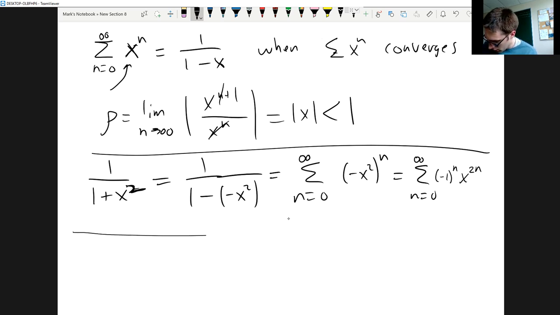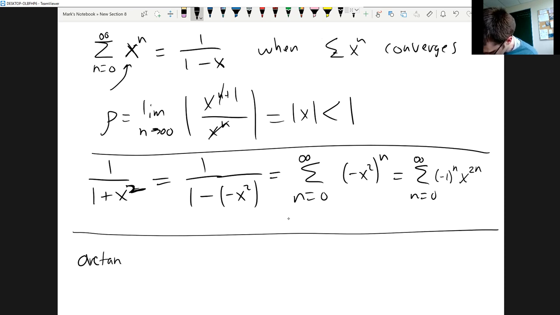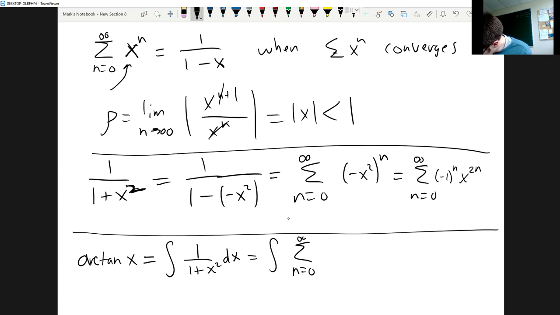All right, so now you're maybe starting to see that we can actually use this geometric series to build all kinds of power series. So for example, let's find a power series for the arctangent of x. You say, wait a minute, what does that have to do with anything? Well, remember, the arctangent is the antiderivative of 1 over 1 plus x squared. And so if we take our series representation for 1 over 1 plus x squared, we will get the integral of the sum of n equals 0 to infinity, negative 1 to the n times x to the 2n,